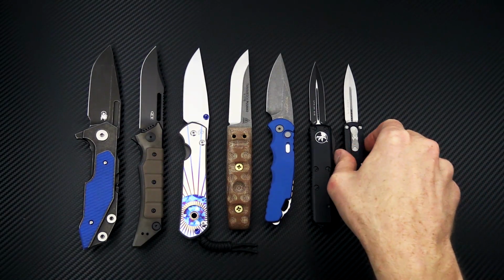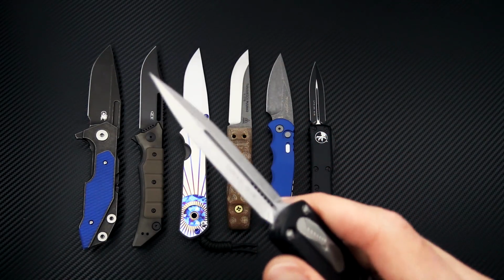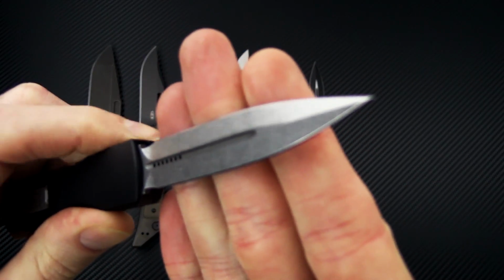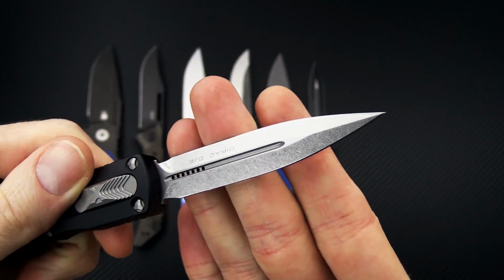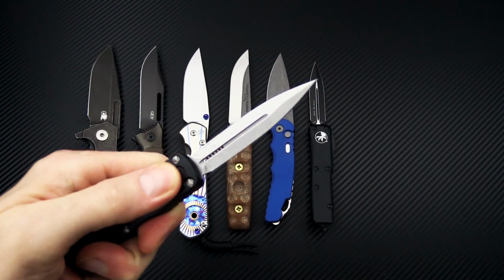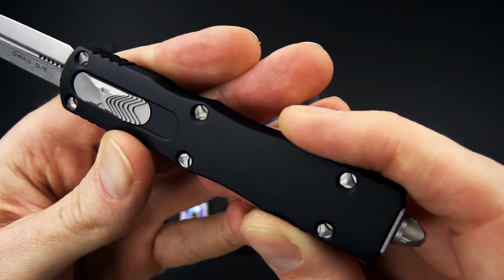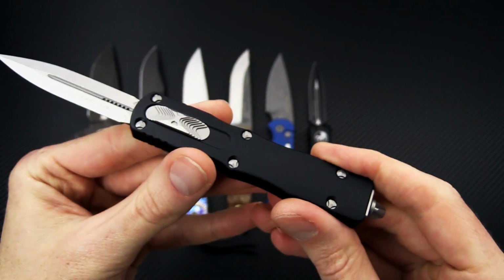Next up, we have the new for 2019 Dirac from Microtech. This is a top slide out the front automatic with standard Microtech construction. You got their 2019 blade steel of CTS 204P in a stone wash on this version. Comes with a double edge, and again, it's got that top slide. Nice, snappy, double action automatic. Get a contoured black hard anodized aluminum construction for the handle,